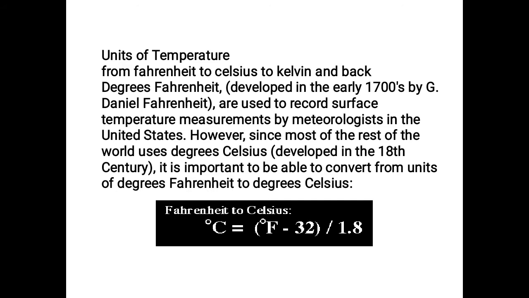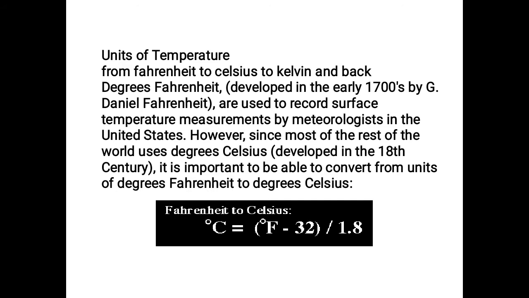However, most of the rest of the world uses degrees Celsius, developed in the 18th century, and it is important to be able to convert from degrees Fahrenheit to degrees Celsius. So, Fahrenheit to Celsius: degrees Celsius is equal to degrees Fahrenheit minus 32,